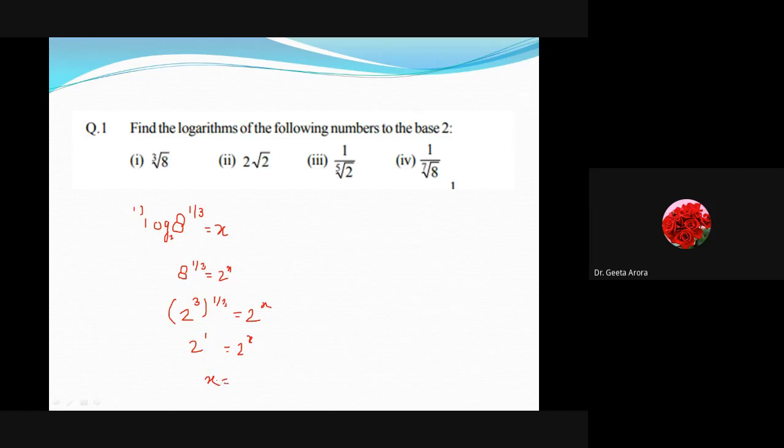So these are the steps whenever you are doing in your notebook, be sure to do so that you will come to know how we have calculated. Correct? Now it's your turn to go for the second part. If you have written the first part, go to the second part. Hope it's clear. If any doubt is there, please be sure to ask me. Otherwise, I will assume that you are getting it.